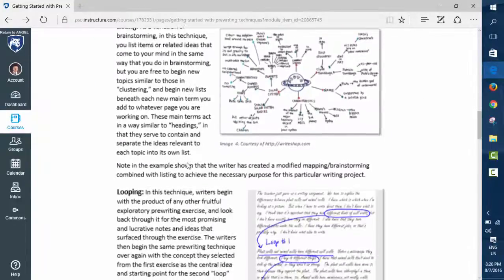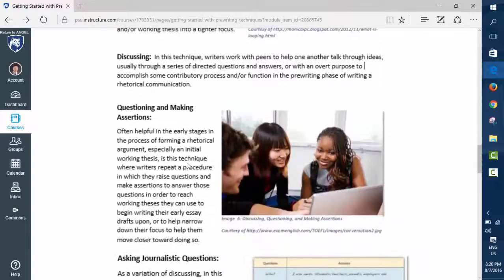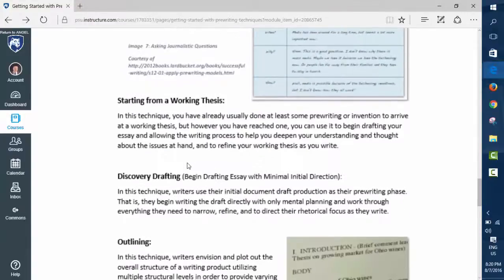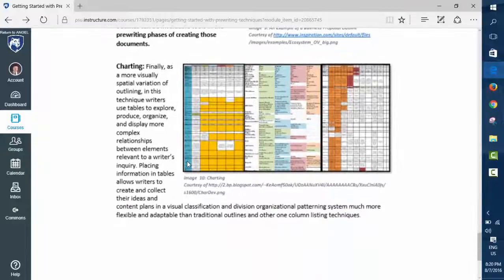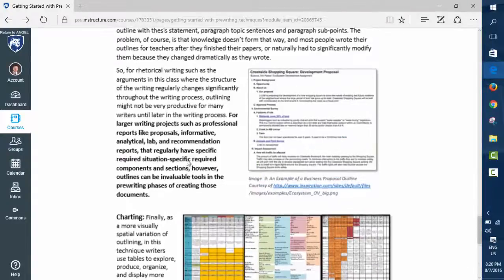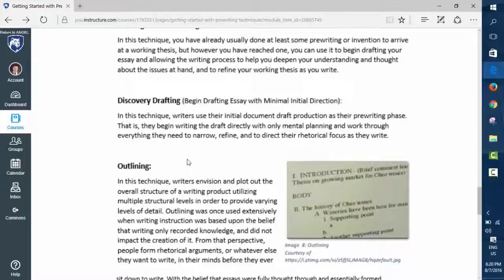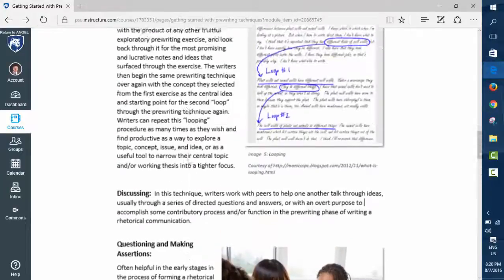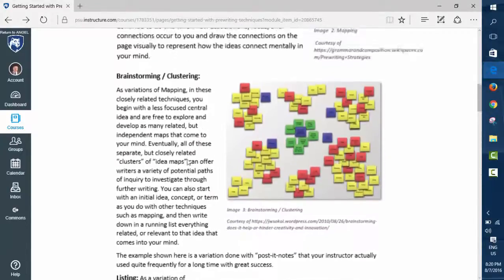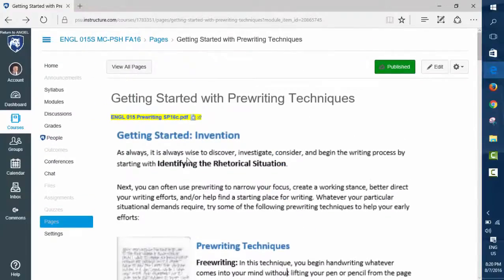Okay, so this is basically something I made up in a Word doc and then pasted into Canvas. Part of the reason why I did that isn't because you can't do it in Canvas. You can do a whole bunch of stuff with text. You can add visuals and all that stuff.